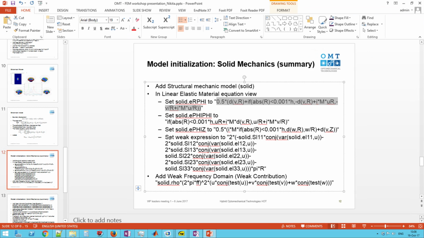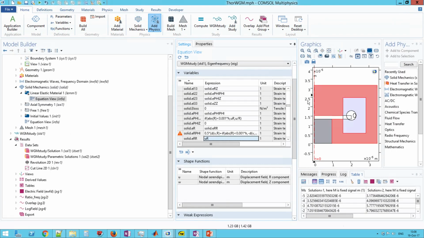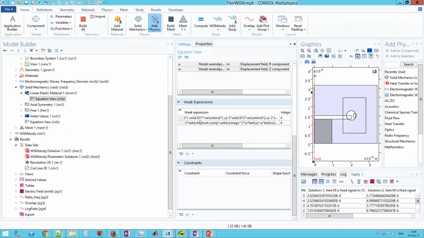Next, I will have to tweak the expression for my master equation. I have to, because before this summer, COMSOL thought that all the fields are real, and if I introduce these derivatives here, it becomes complex. So I have to add this complex conjugation for the equation to be correct. Yes. So I also change it in equation view,